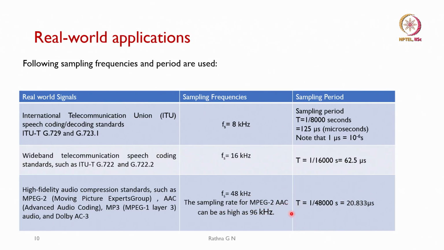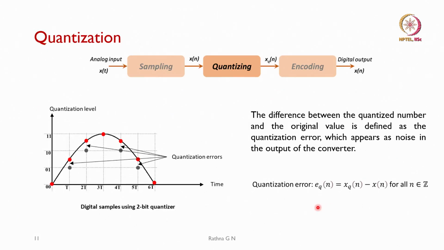So, in that case, if we consider 48 kilohertz, our sample period is 1 by 48,000, which is 20.83 microseconds. That is the sampling period at which we have to sample the signals. So, these are some applications that show how we have to do the sampling correctly. Now, once we have sampled the signals, the signal is available in the digital domain,